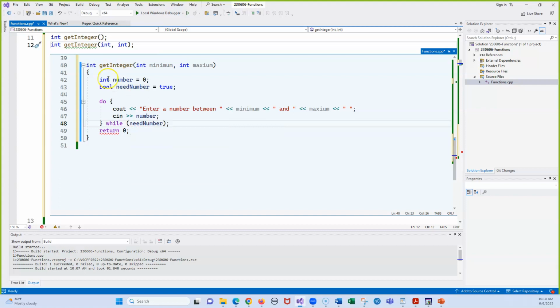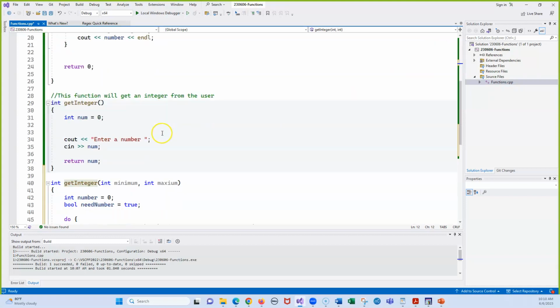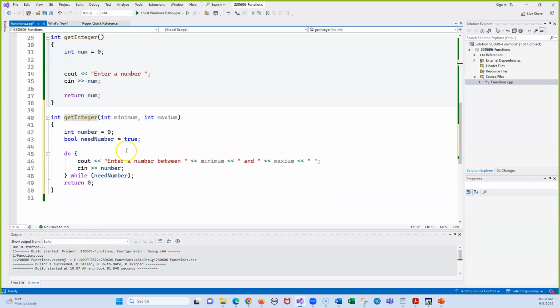So now we're good here. So need number is true in here. So we're entering a number over here, and I'm going to close this. I like working with the regular code in here. So what we're doing here is we're going to keep getting a number. But now we need to check to see if the number is valid. So here we do the need number. And in this particular case, our invalid numbers are anything that's less than minimum or anything that's greater than maximum. So let's just go need number equals number